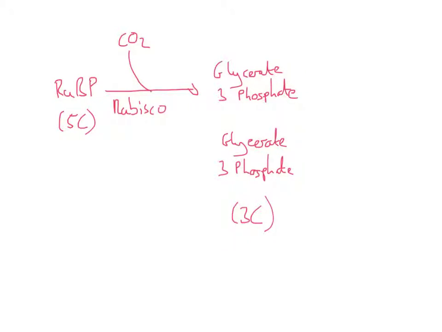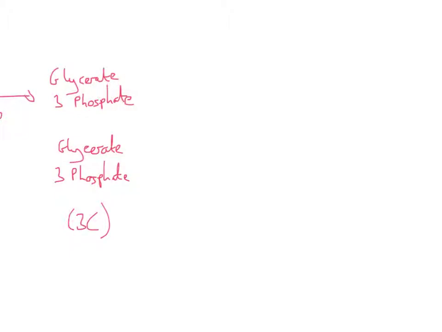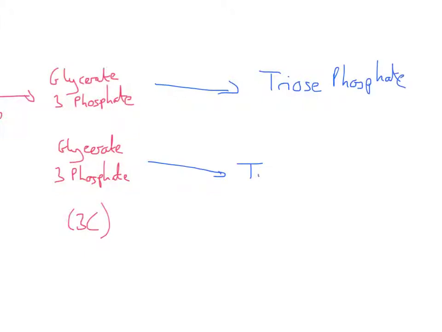Now the next phase of this reaction is taking the 2 glycerate 3-phosphate molecules and converting them into molecules of triose phosphate. So we have 2 molecules of triose phosphate. Now triose phosphate, again, 3-carbon molecule. Now the reason why I've changed colour here is that this is a reduction. Triose phosphate is a reduced form